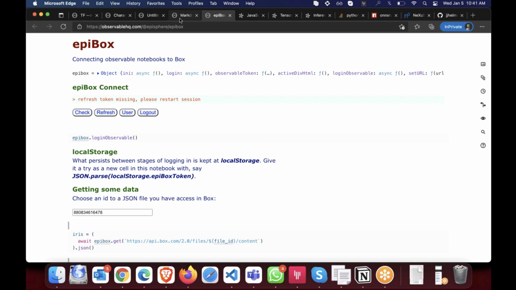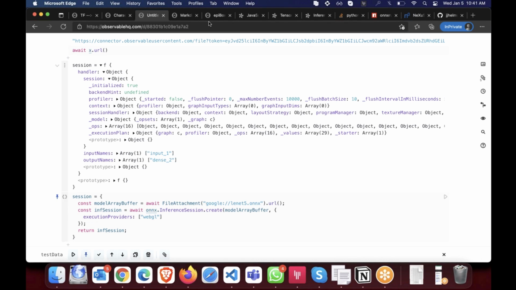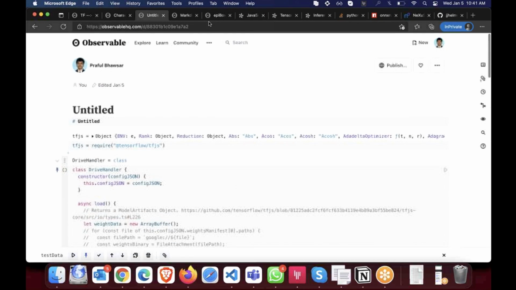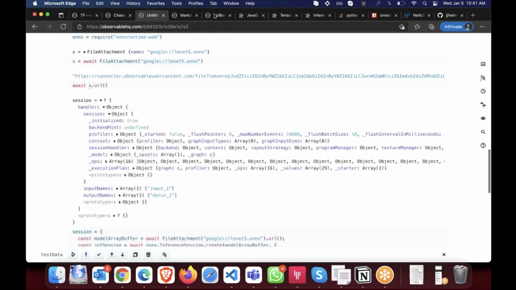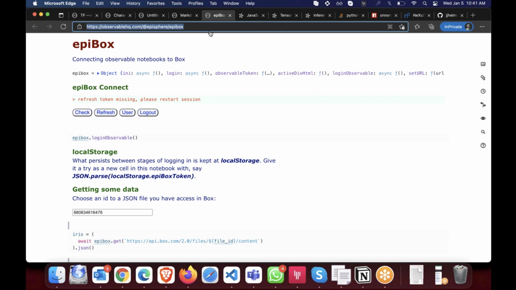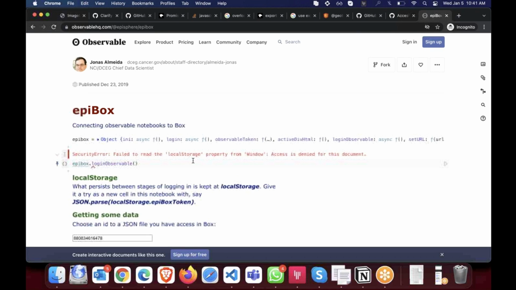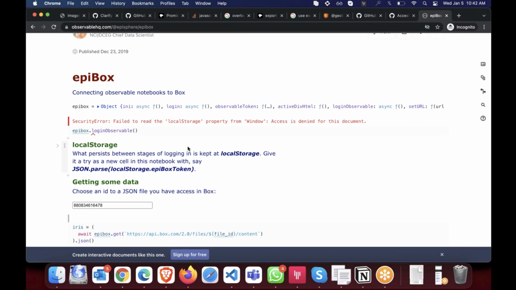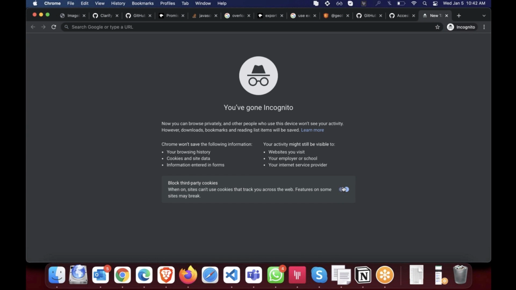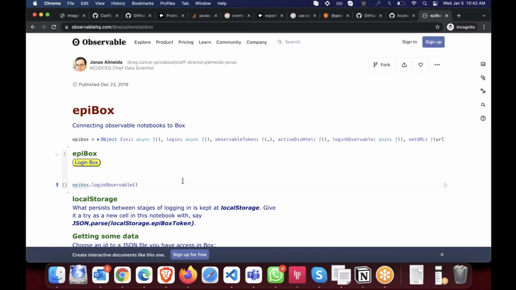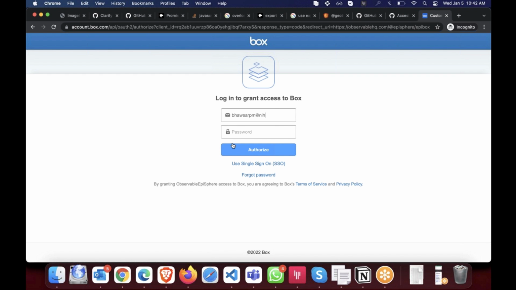Yeah. By the way, you're working in private with no, what is it? Cookies, right? That's why it's not logging in. Oh, at Box? No, I'm not logged in in this browser, I think. I don't think I'm logged in here either, but I might be. No, okay. No, yeah, it's the cookie thing. Yep. Yeah, I'm not logged in here, but I could. But yeah, if